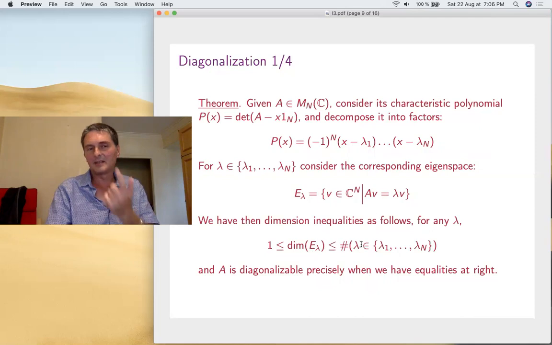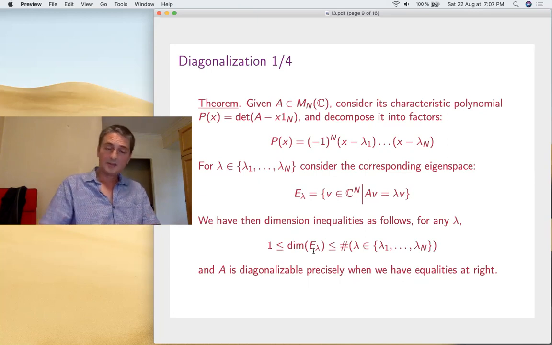And that's the main part of the theorem, which comes now. The matrix is diagonalizable precisely when we have equalities everywhere here. So the dimension of the eigenspaces should be equal to the multiplicities. So that's the big theorem in linear algebra. Now,